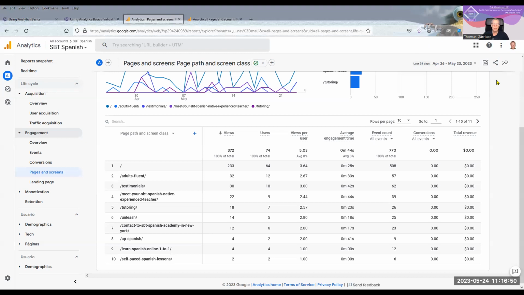If people are coming to your site as a direct, if you see your directs are really high, that means that they have saved a link to your site. That's a good thing. It could be from a bookmark. There's nothing wrong with direct links. It's just that when we see direct, we're trying to go, yeah, but I want to know how they came. I want to know how they got there. Is it from a backlink? A direct link can be from anything except an organic search. So it's anything not searched in the search engine. So they figured out how to get to your site.